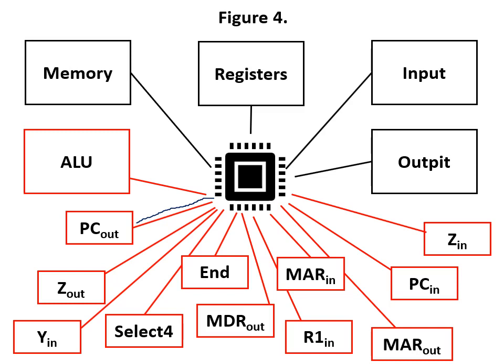Suppose during execution of an instruction, the processor looks at its control sequence and realizes that at the first clock cycle the ZIN basic step must be executed. Then the processor sends a signal to the ZIN circuit. That signal enables the ZIN circuit. Enabling the ZIN circuit means that the circuit starts working, and its purpose is to go to the Z register, open the gate, and allow ALU data to enter the Z register.